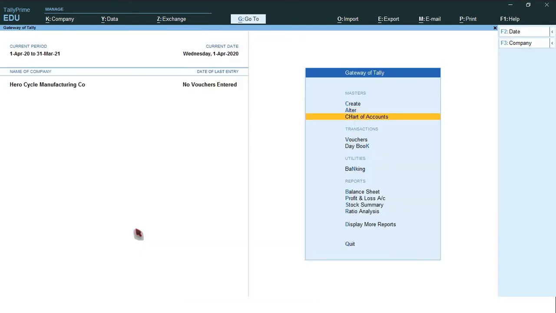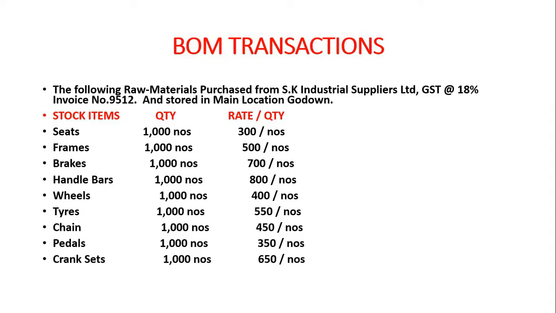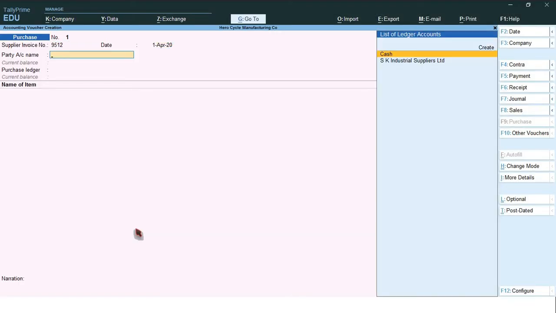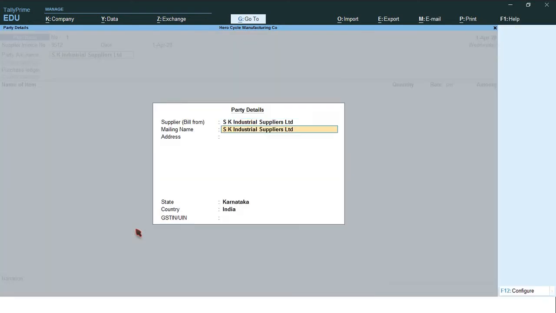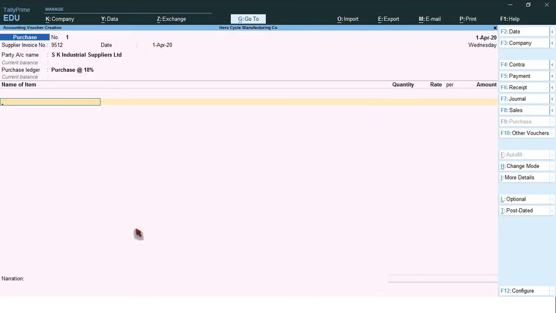Come to the vouchers. First, pass one purchase entry, supplier invoice number 9512. Party account name SK Industrial Suppliers Limited. Purchase ledger, purchase at 18%.